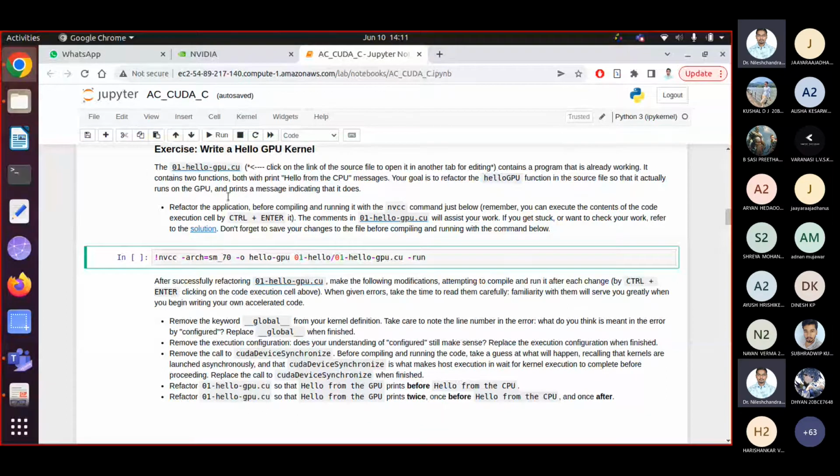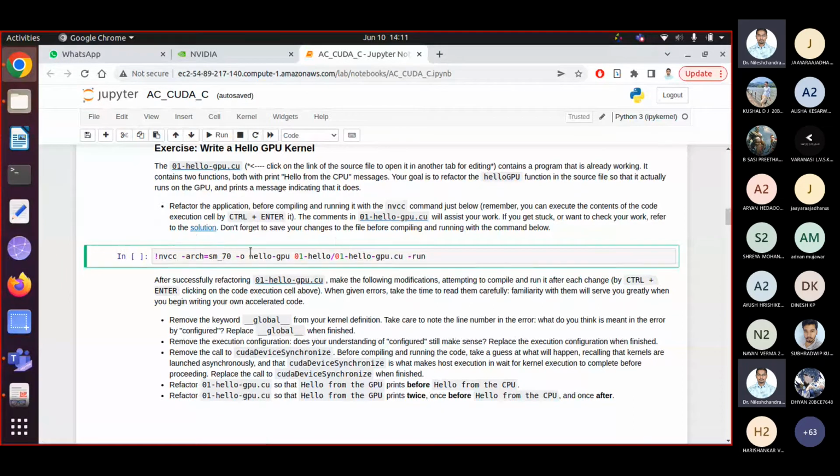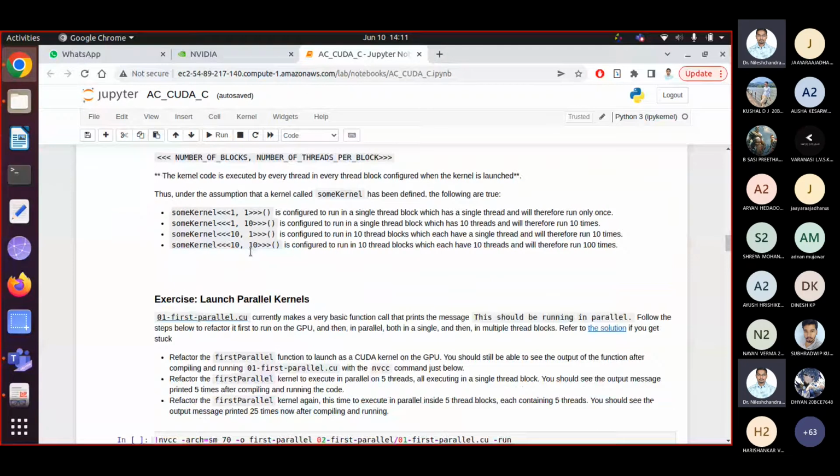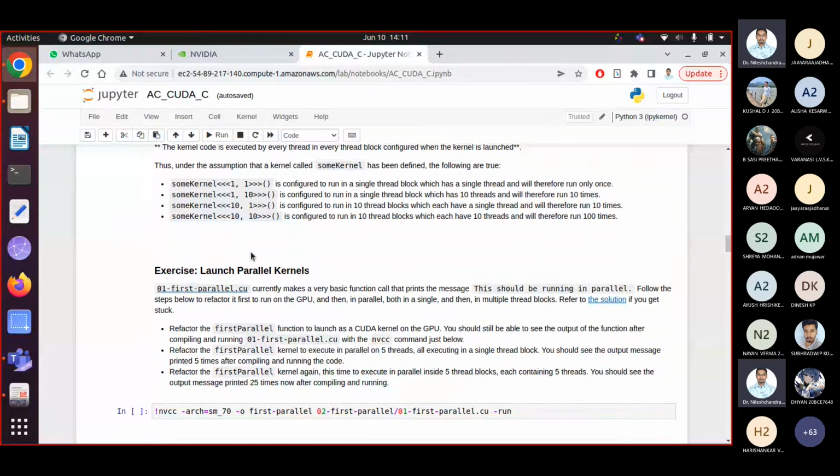For a few exercise problems, there will be a solution. If you click on solution, you will get the solution immediately. But for a few exercise problems, there won't be any solution, right? Like for this particular certification, at the end of the course, there are some problem statements. One problem statement will be given to you, for which the solution is not mentioned anywhere in this particular course.